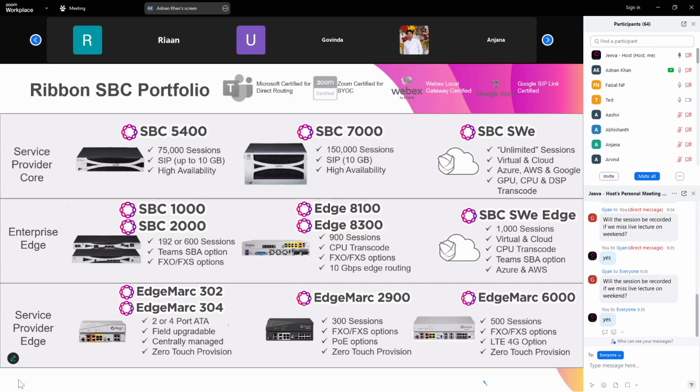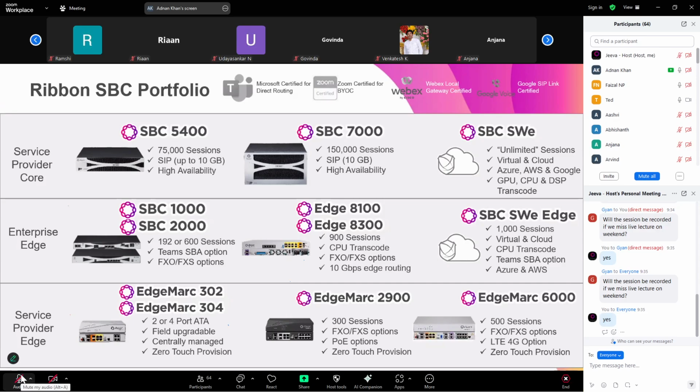Okay. If you want to compare all the components, like the section divisions, you can also Google and find the difference between the 1000 and 2000. These are all related to sections and ports only. Nothing big. The functionality of both the SBC 1000 and 2000 will be absolutely the same. The only difference is the number of ports